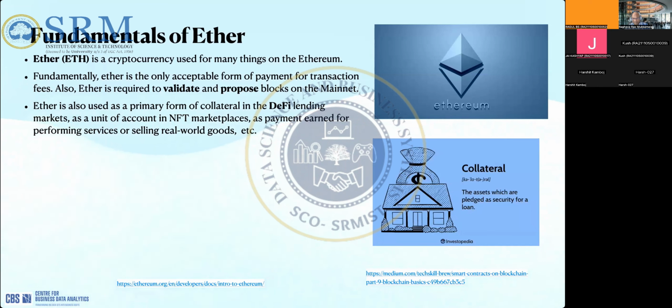So what is collateral? Maybe this is a term you might be unfamiliar with. A collateral is nothing but some kind of guarantee. For example, if you go to the bank and take a loan, you need to show some collateral. That means if the bank needs to give you money, they need to know that you won't run away, that you will pay. So they will ask you to provide some security or guarantee, right? That is nothing but the collateral.